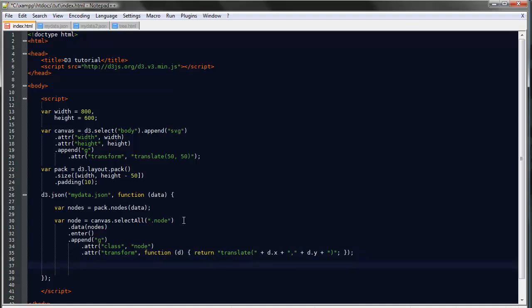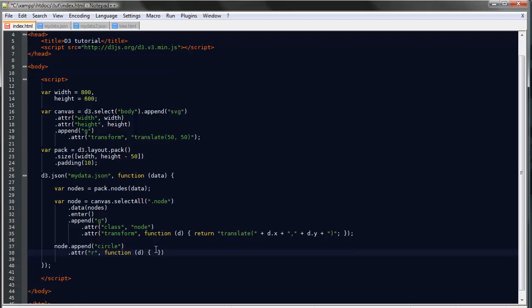Now what we want to do is append a circle, the actual circle. So to each node, append one circle, and let the radius be, and this is one difference between the tree layout and the pack layout, a function of the data. So we'll return d.r, as we saw earlier, the r property of the object. And we can give each